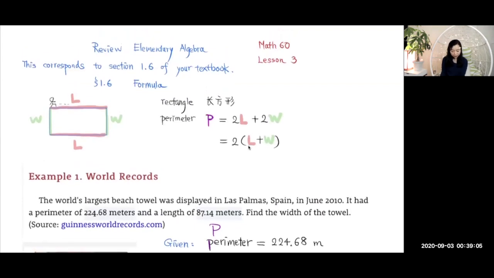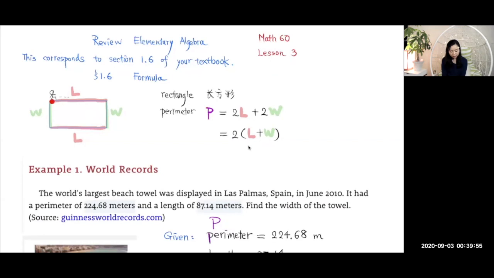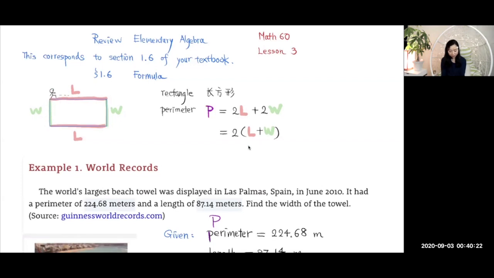So first, let's review this formula for perimeter for a rectangle. If you have a rectangle, the perimeter is the sum of all sides. Think about this as a rectangular garden, and if you walk around it, what will be the total distance that you walk? That's the perimeter. Perimeter is the sum of all sides. If you walk and come back to the place that you started, what will be the total distance you walk? Now, if we let L be the length and W be the width, then the perimeter P